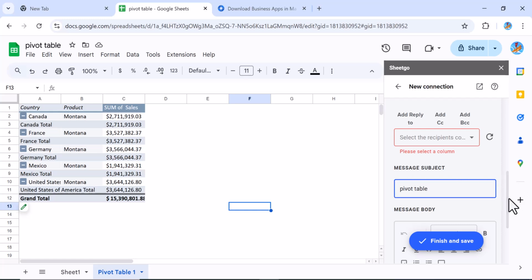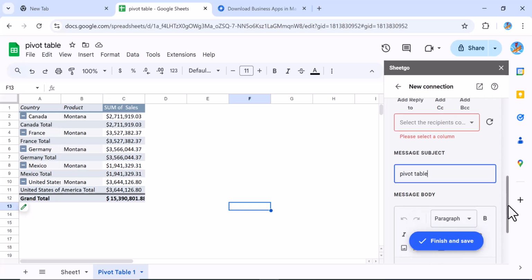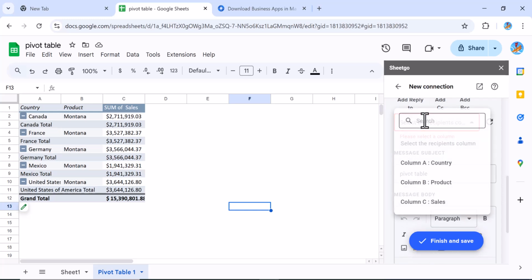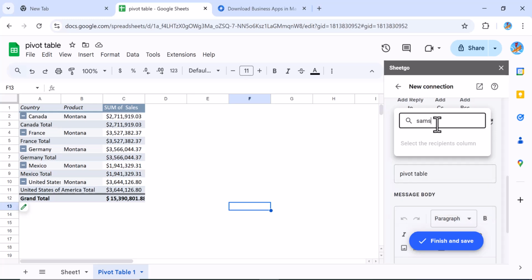Okay, then if you want to add the body, then if you want to add recipient, I can do this. Okay,